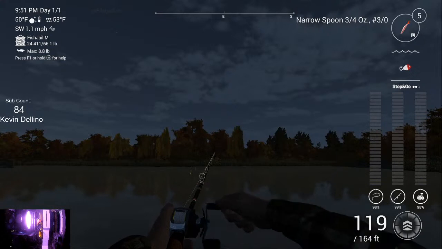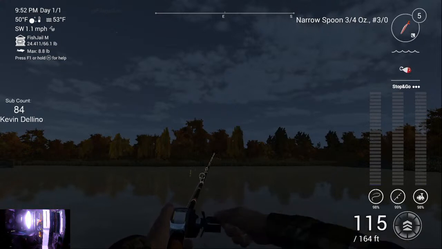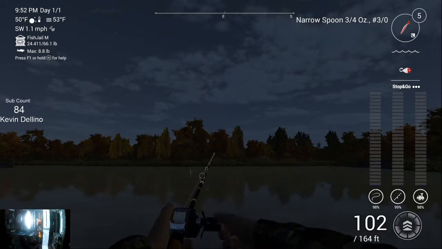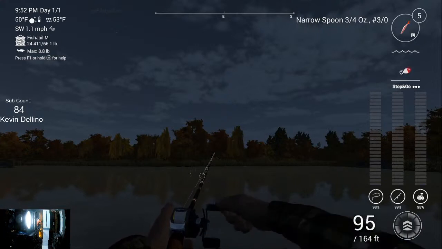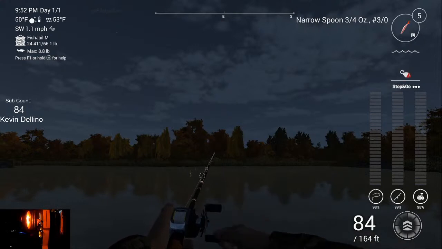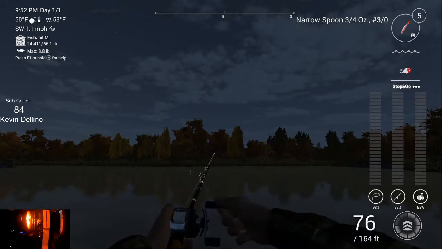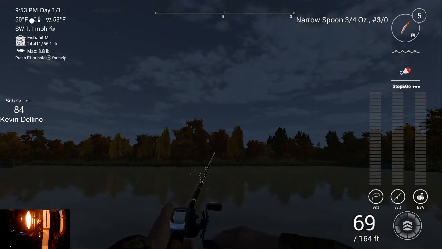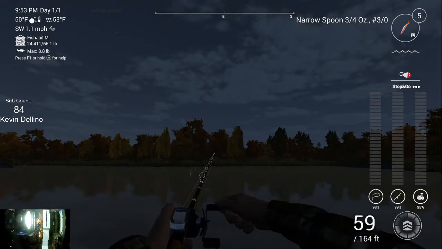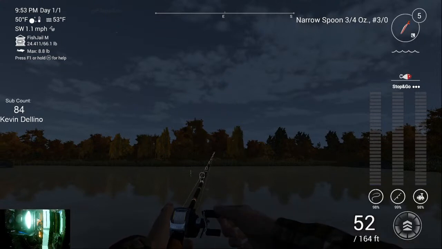This is definitely doing what I want it to do. It's holding in the water. It is coming a little bit faster than what I like, but it's okay. We're up to 24 pounds. We'll definitely have the money we need to go to the Everglades. So that's awesome. With the new setup,